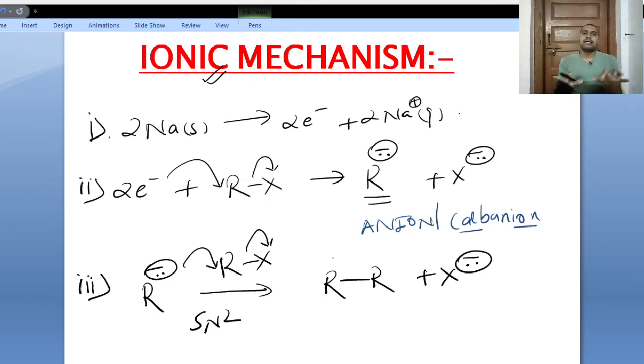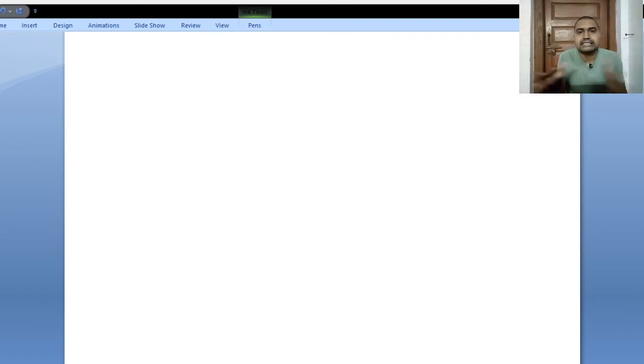I hope till now you understand the definition of Wurtz reaction, the free radical mechanism, and the ionic mechanism. Now we are going to discuss some beautiful concepts involved in this reaction, Wurtz reaction. The first thing that we are going to look at is why we are always attacking into the antibond